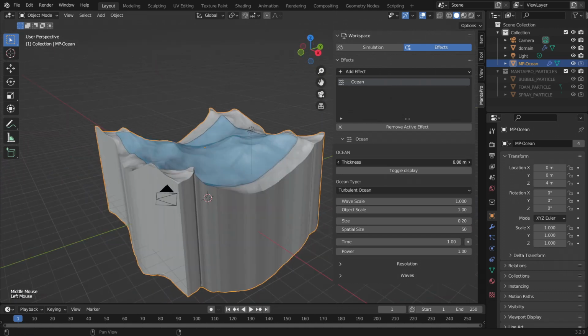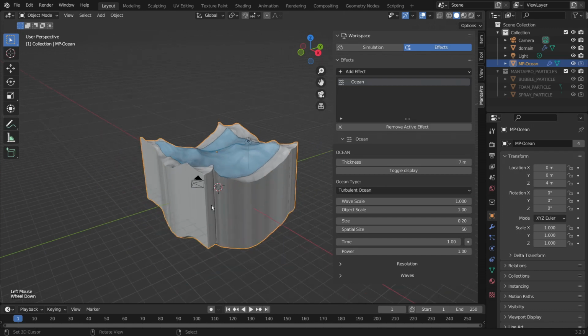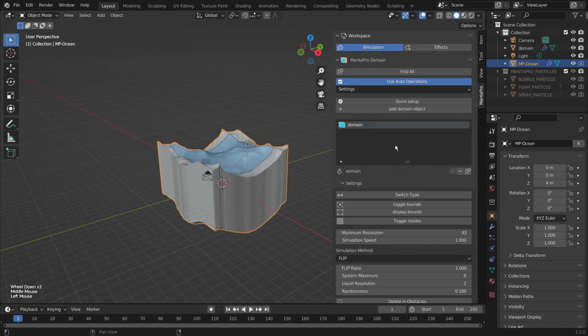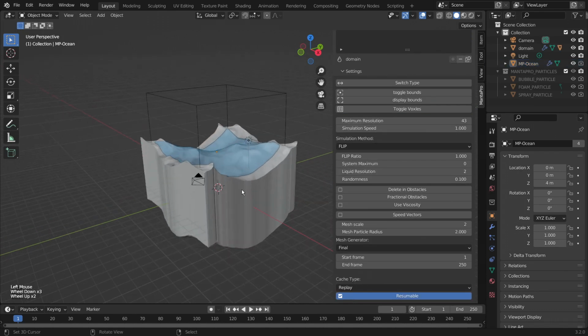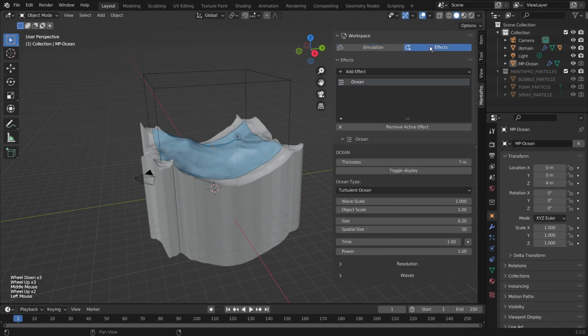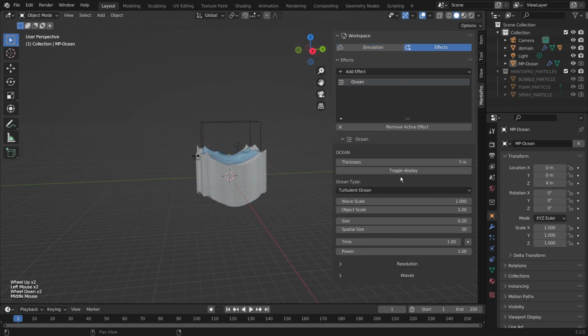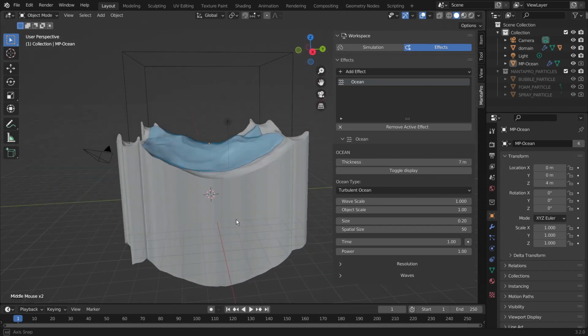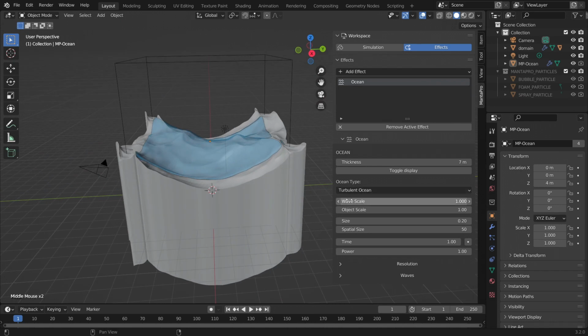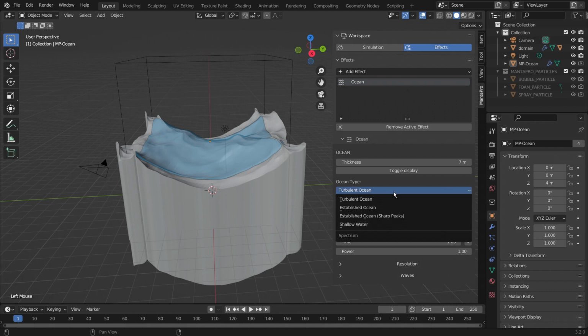Settings we have, first of all, is the thickness, and this makes sure that if we go to simulation, workspace, toggle bounds, back to the effect, that the ocean goes beneath the domain so that we don't have the liquid dropping or causing issues. And then we have the toggle display, and then we have basically the ocean settings, like the ocean